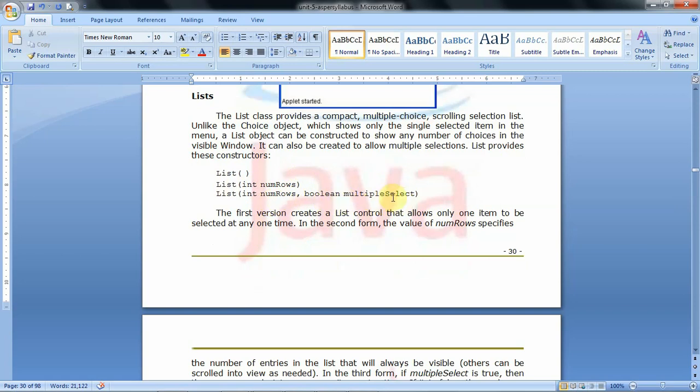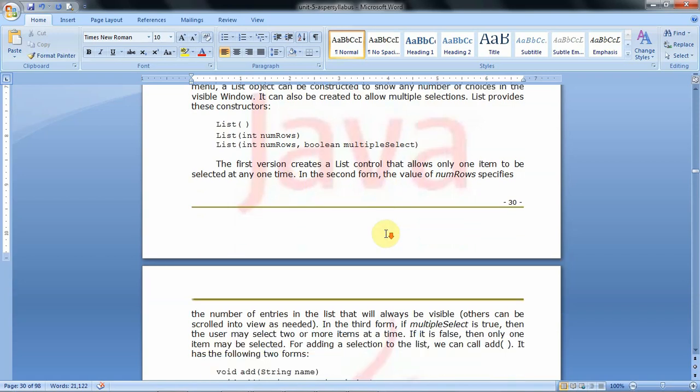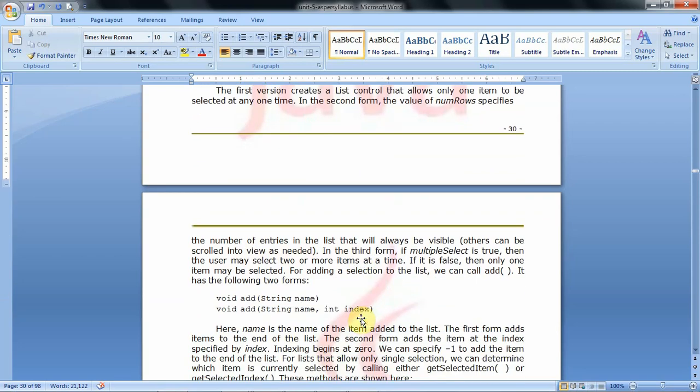If you give multiple selection true, then that allows multiple selection. The first version creates a list control that allows only one item to be selected at any one time. In the second form, the value of number of rows specifies the number of entries in the list that will always be visible.